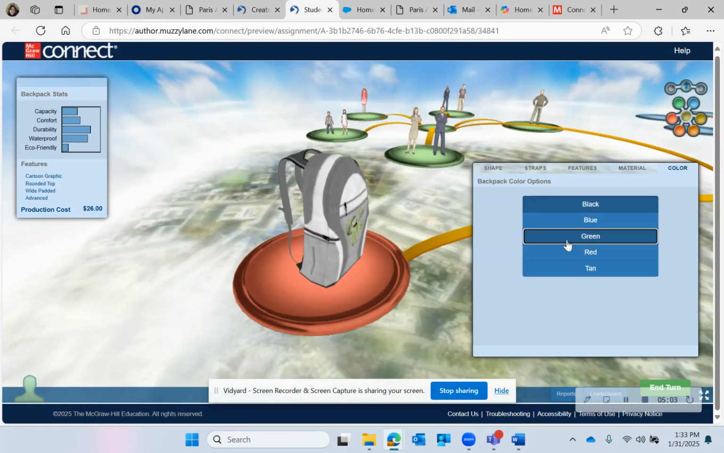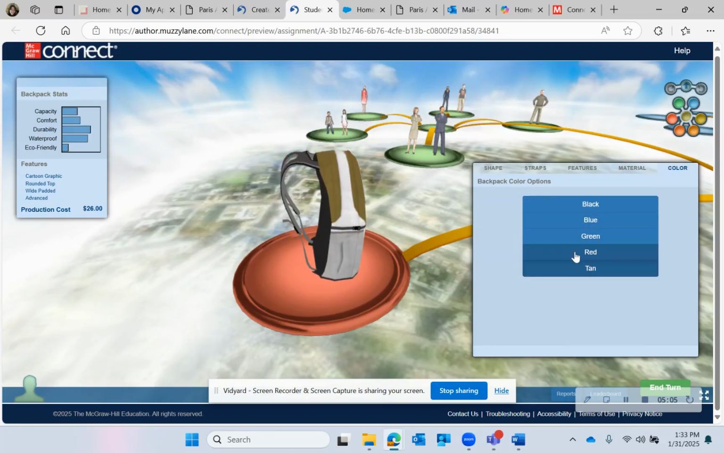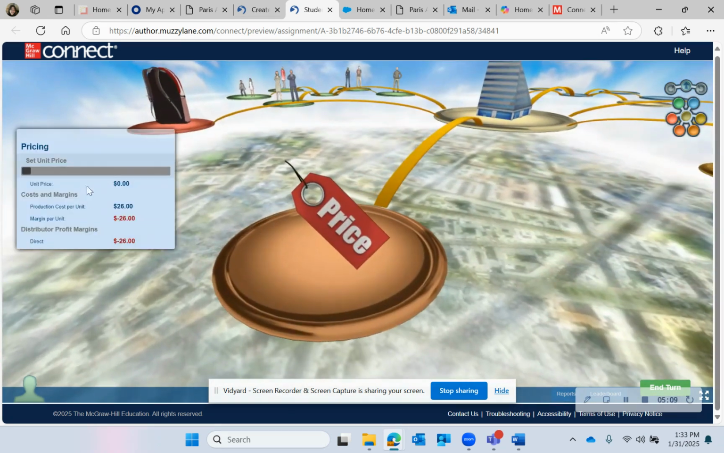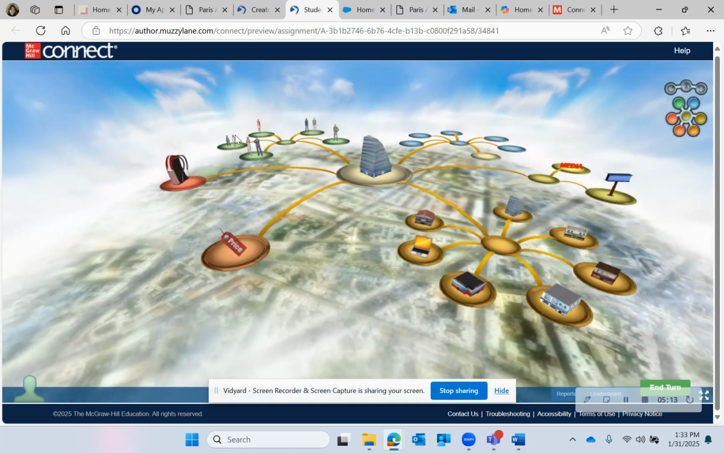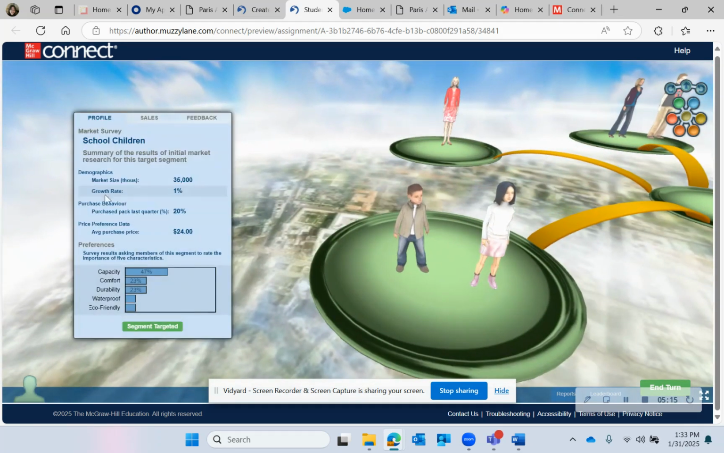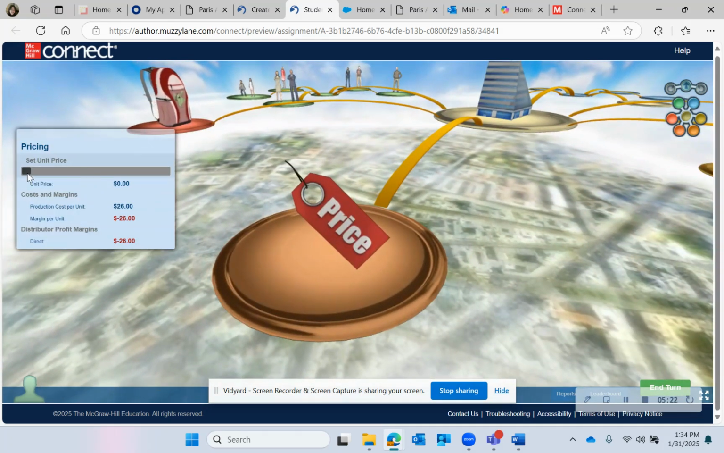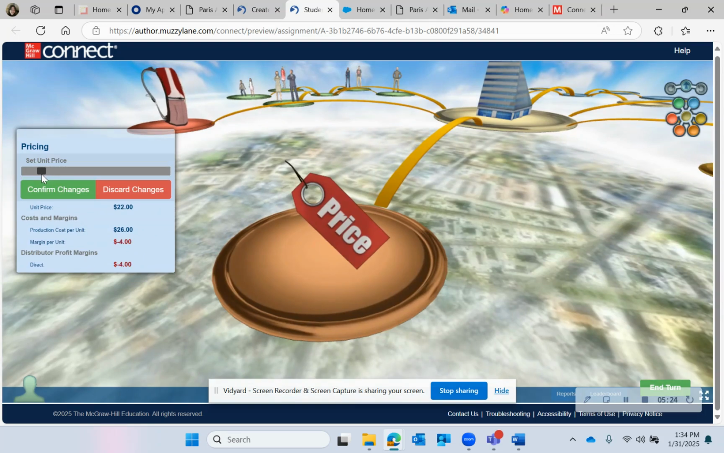Okay, and then color. So again, that's your choice, what you think students might be interested in. So you pick a color. Now, next step is setting your price. We know we've got to figure out what price they're comfortable with. So again, going back to our students, average purchase price is 26. So here I might bring my price up to, let's say, 20